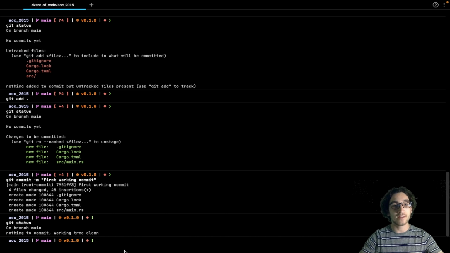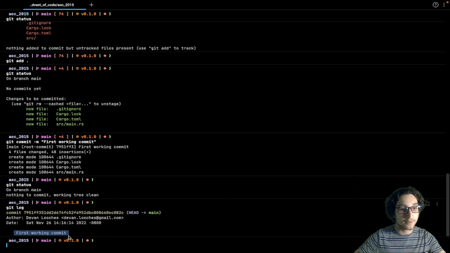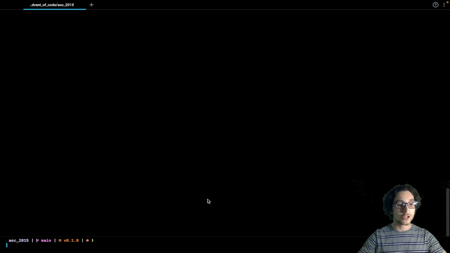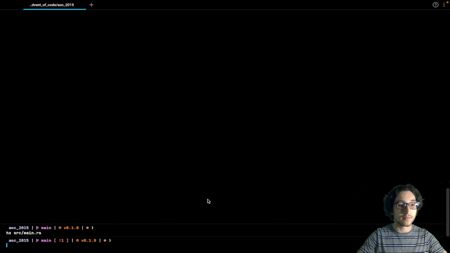So how do we check the history? Well, we can check the history by saying git log, and we can see that we have here our first working commit. Now let's go into our main file and pretend this is another change to the file. We're going to close that and add that change.